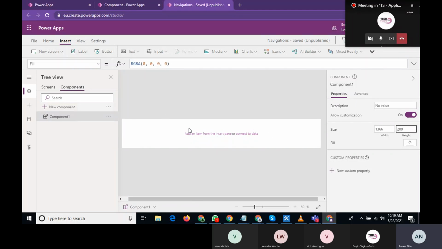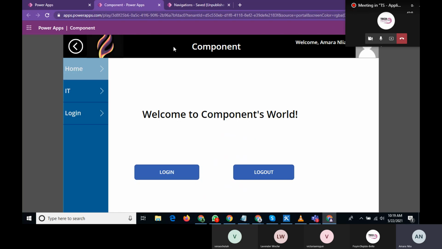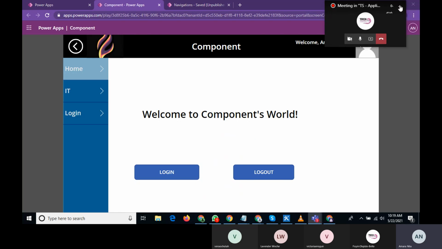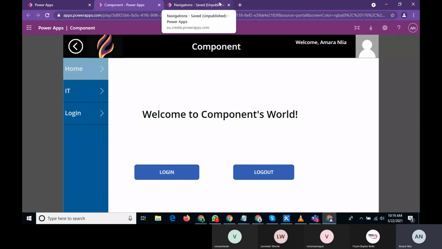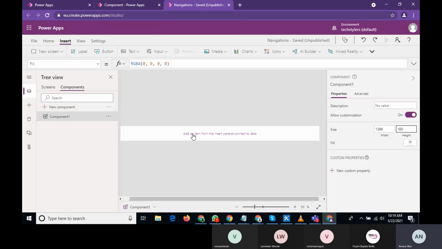We've seen that this is our header and it's looking too large, so we can just use this. So yeah, this is it. Let's just close this. After your size,